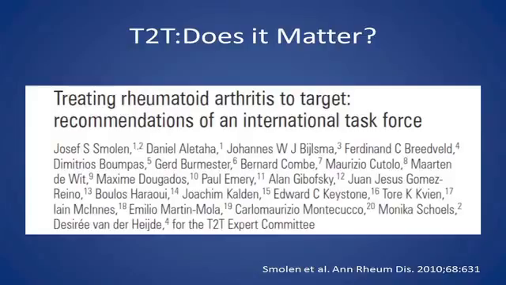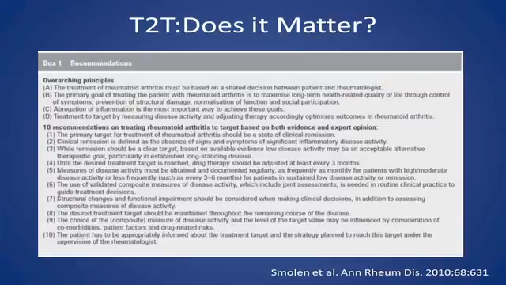So based on all of this data, EULAR put a subcommittee together, chaired by Josef Smolen, and there were a couple of Yanks on here, Kavanaugh and Keystone, but mainly our colleagues from across the pond, and wrote a paper on where we stand with treat to target and made recommendations. And this is a busy slide, but it's in your handout, and they put overarching principles